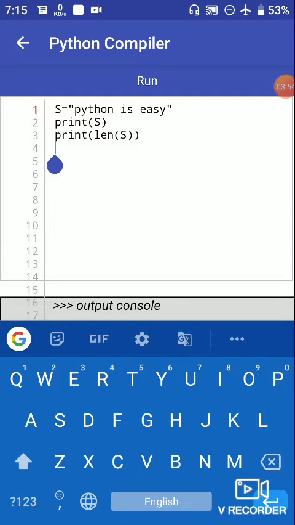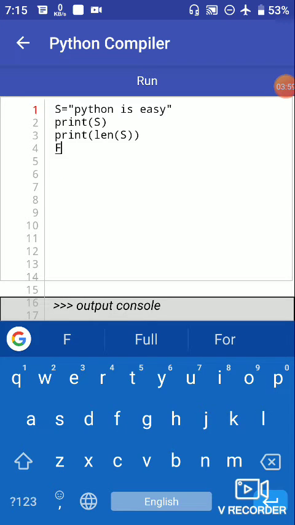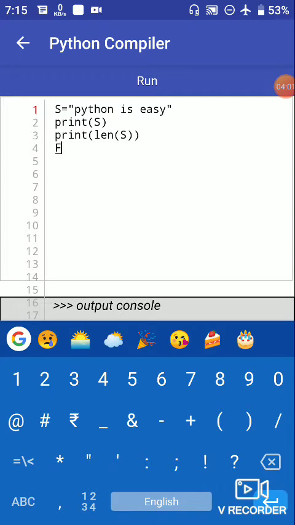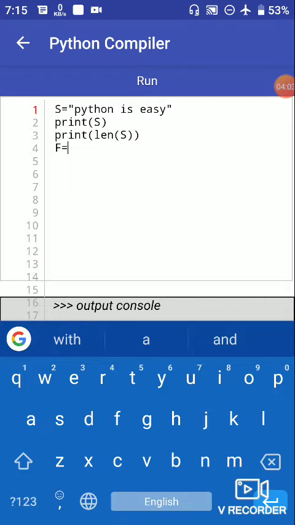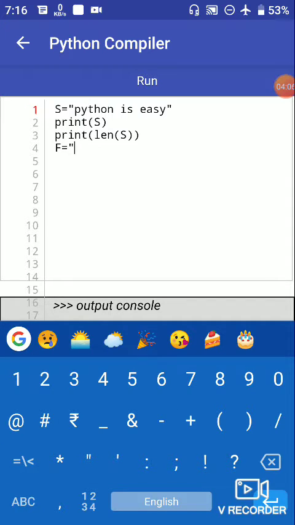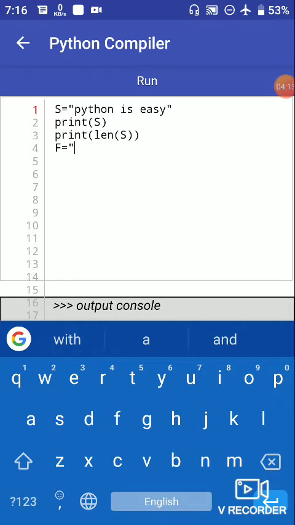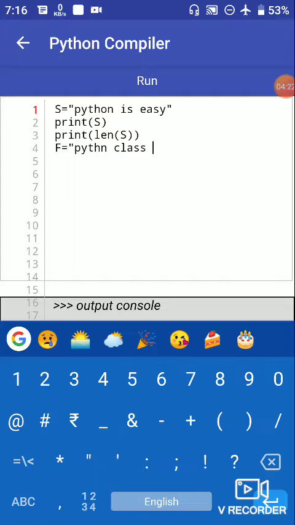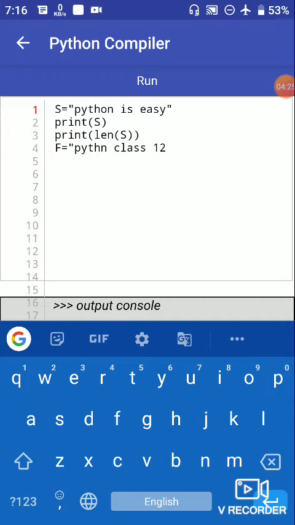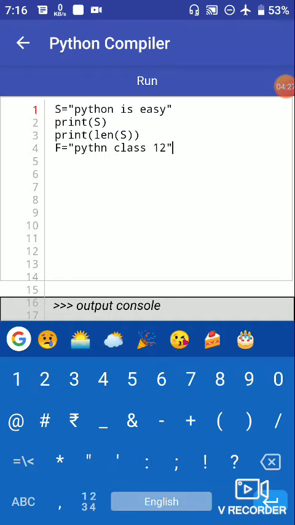Then let's do some other operations. Let's define another variable f equal to python plus class 12, which is our another string.